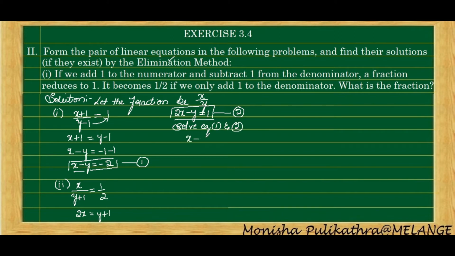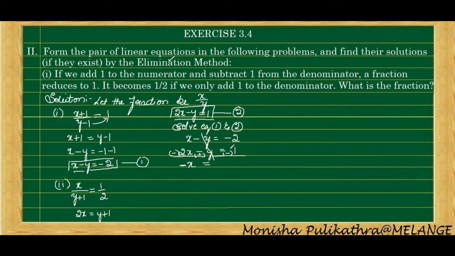The first equation is x minus y is equal to minus 2. The second equation is 2x minus y is equal to 1. Here the y term is same, so therefore there is no need of multiplying anything. So first we have to change the sign, here minus, here plus, and here minus. Here minus y and plus y cancel each other. Here plus into minus is minus. So 2x minus x will be x, whereas the larger number sign is negative, so you have to retain the negative sign here.